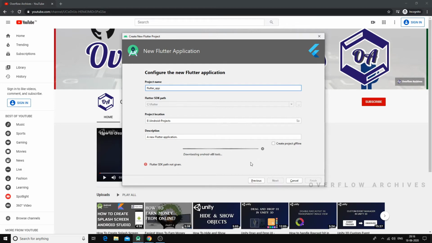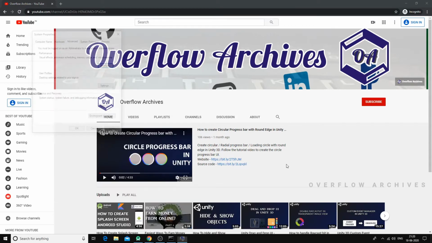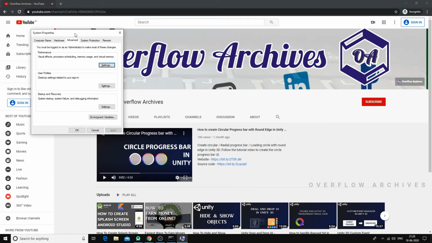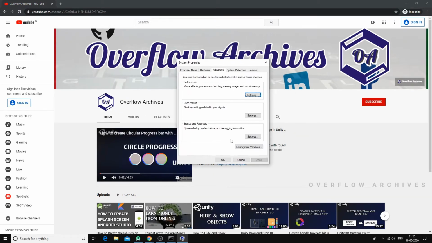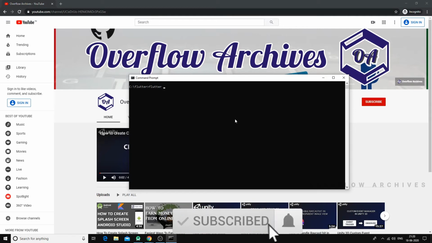After the SDK installation, we have to set up the environment path for the Flutter SDK. Go to search and find the environment setup. In this, update the path of environment variables in the user profile settings. Append the Flutter SDK location to the path environment variable by editing the user profile environment variables settings. After that, open the Flutter SDK directory in the command prompt and run the flutter doctor command. It will run and provide the Flutter status.